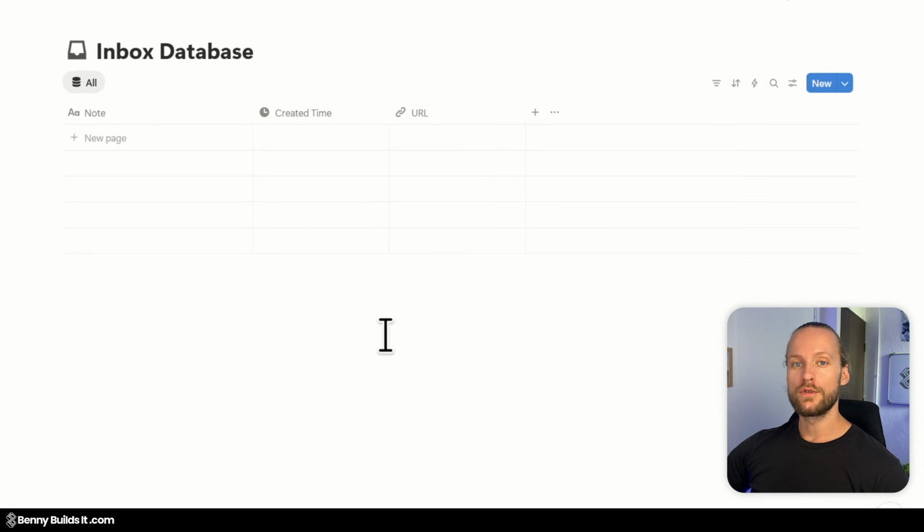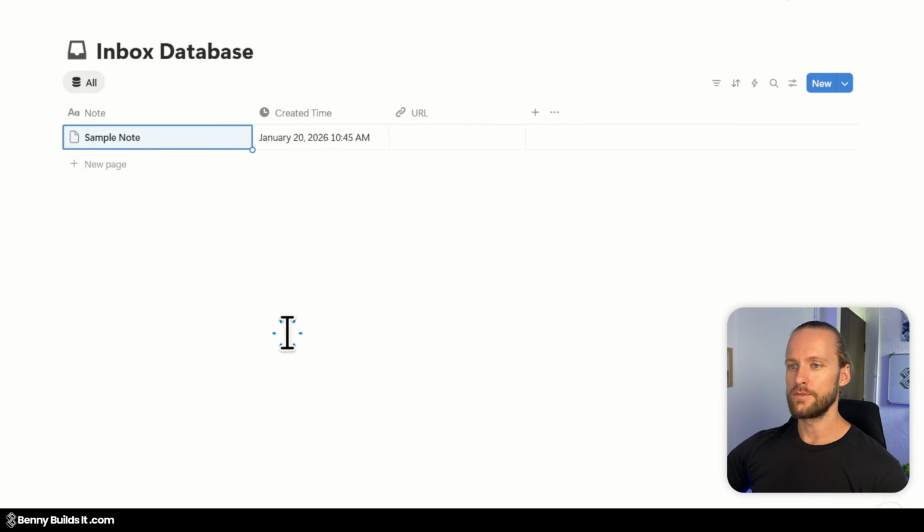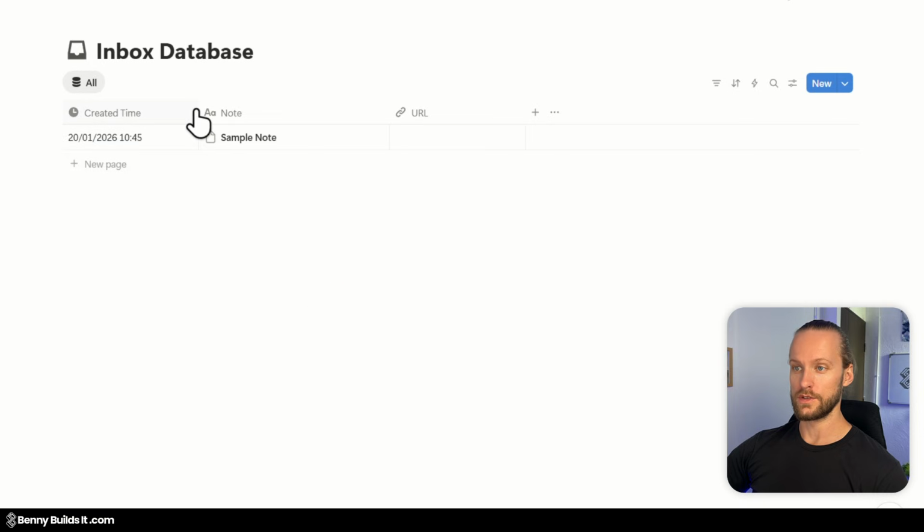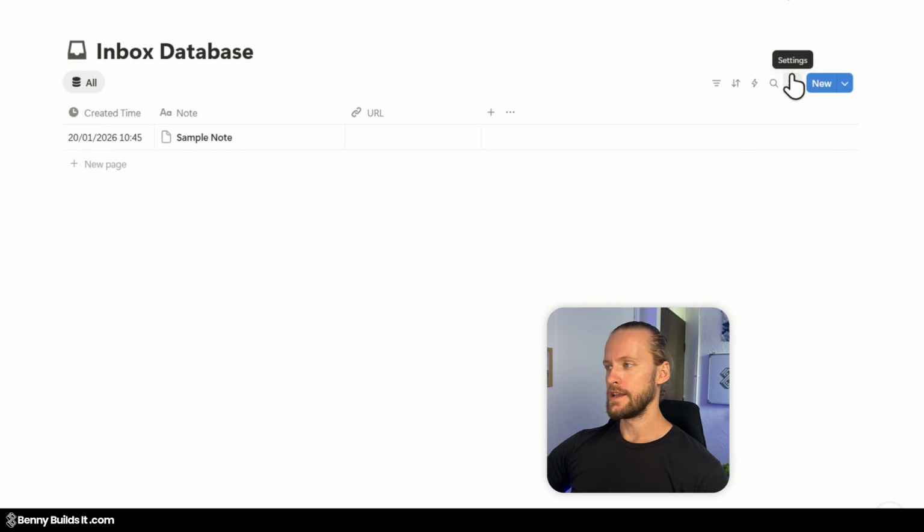And now I'm also going to add a sample note to see how everything looks like by simply adding this page. You can see the created time has a specific time format. I'm going to change this by going into the edit property settings. I like day, month, and year with a 24-hour format, which also allows me to make this one a little bit smaller, and I pulled it all the way to the front. The sample note I leave as is, the URL property I leave as is,